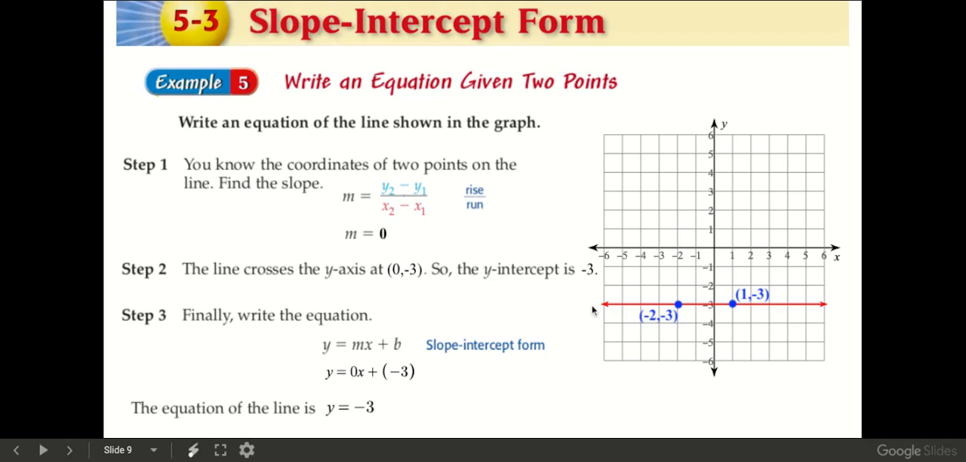So whenever you run across a horizontal line with a slope of 0, it's always going to have the same structure. Y equals whatever the y-intercept is,